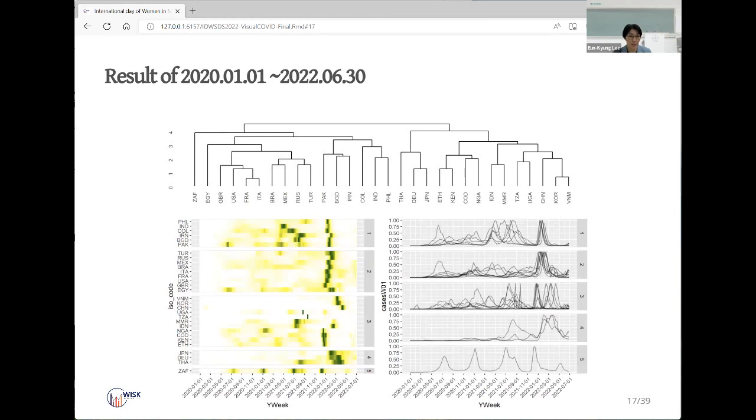First, we use the time series profile of cases, calculate Euclidean distance, and use complete linkage in hclust. This shows results from clustering using the whole time series between January 2020 and June 2022. The best number of clusters is calculated using the NbClust function.